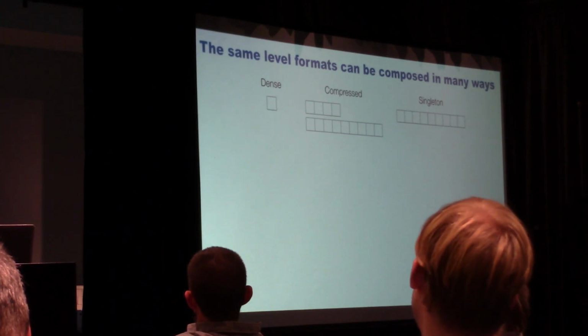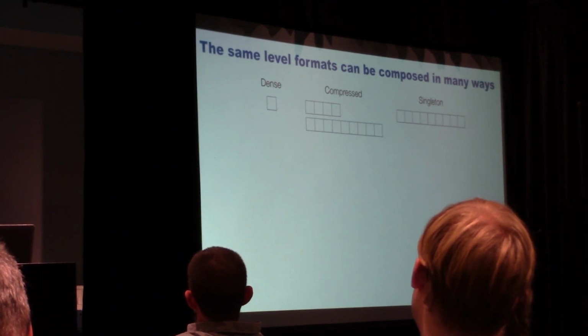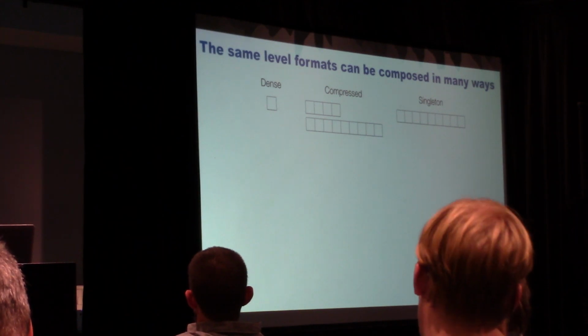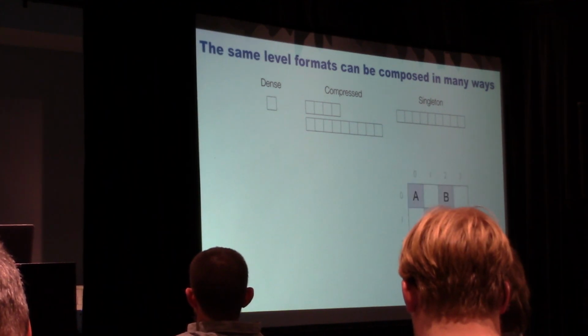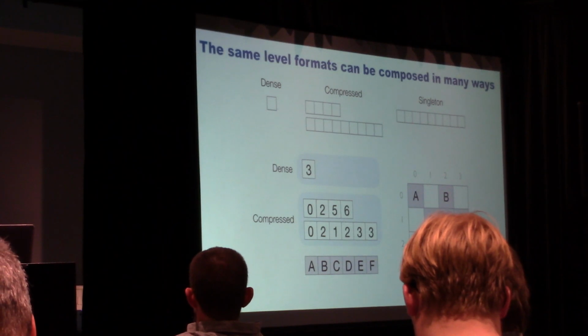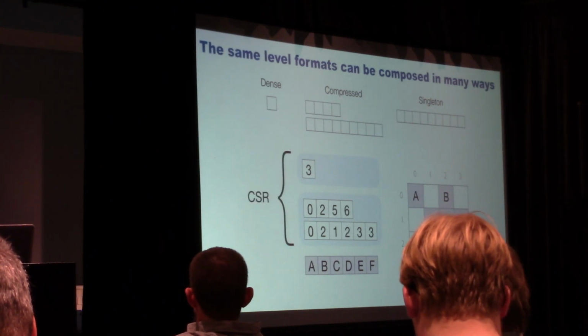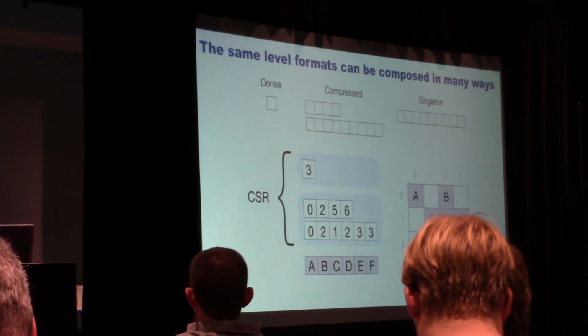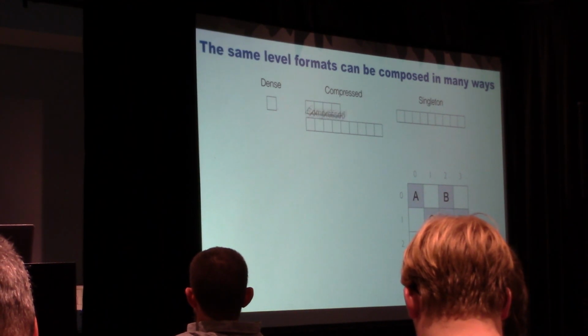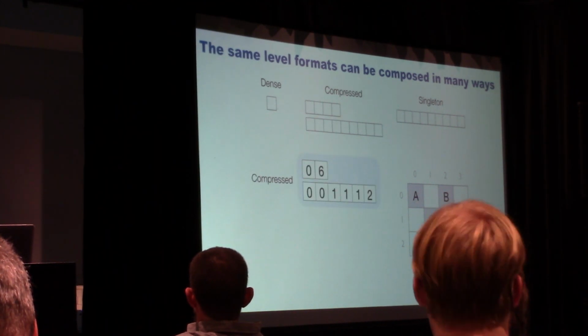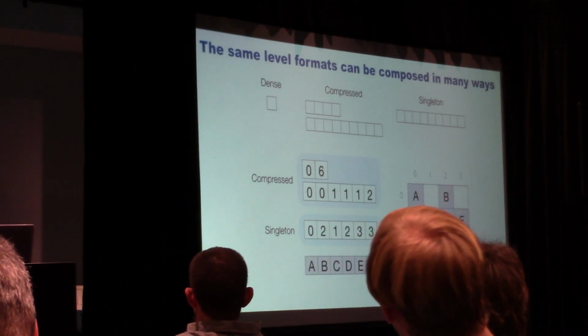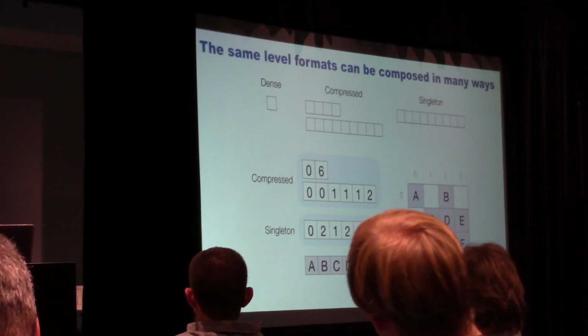The nice thing about this kind of representation is that these per-dimension level format building blocks can be used to build a lot more complicated structures. So let's look at this 2D matrix in here. If we say the outer dimension is dense and the next dimension is compressed, you can represent it using this compressed representation. In fact, this is the CSR representation. So you go level by level, and you get CSR. If we do the outer dimension compressed as given here, and the inner dimension as a singleton level format in here,